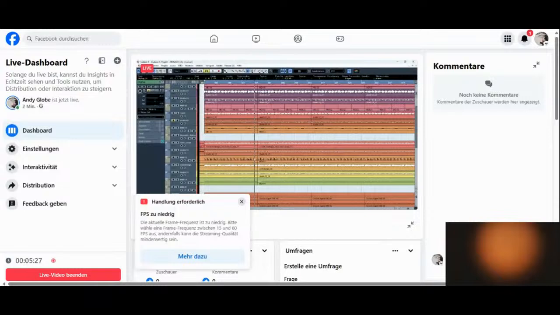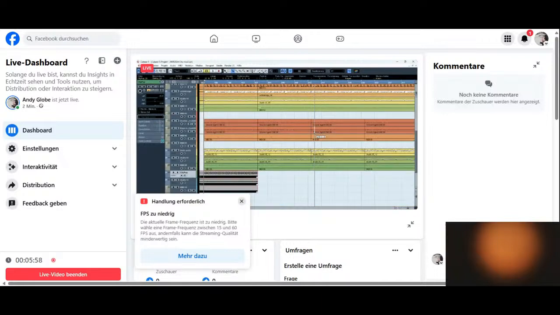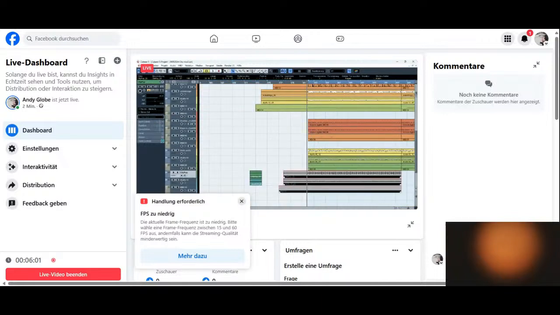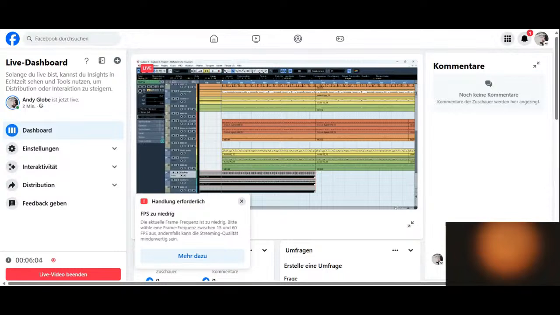So I have four times kind of the same loop. We call this one a loop: kind of the same part of the song that circles or repeats all the time. In production music, or at least I think in the speed music, you work a lot with loops. What is a loop? If a band plays a song, normally two to three or four minutes, you play the whole song. Maybe on a live gig, this band plays the song three, four minutes. But in production music, you work with loops.